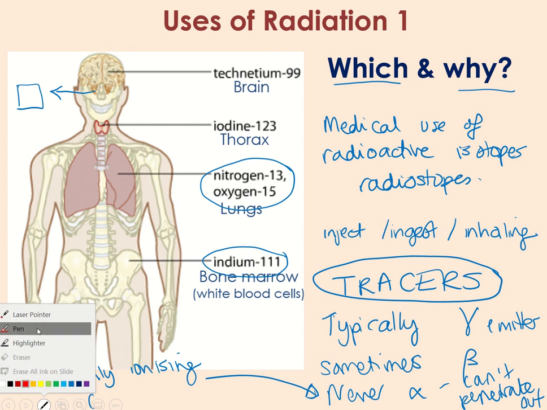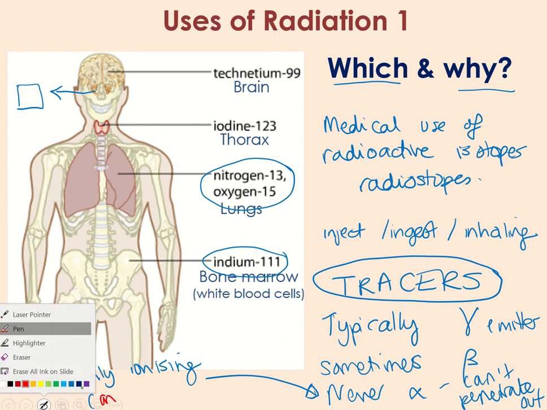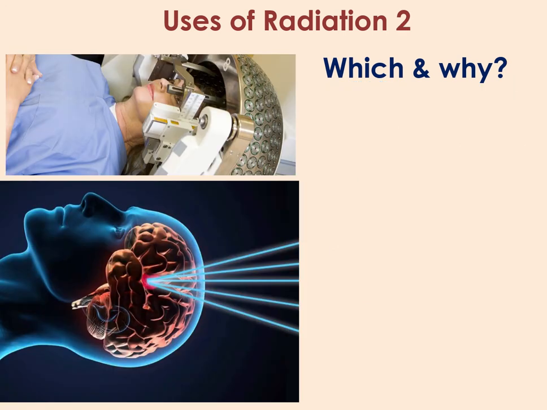It's highly ionising, so it can cause mutations, as we mentioned earlier. Okay, so that is radioactive tracers. Next one is